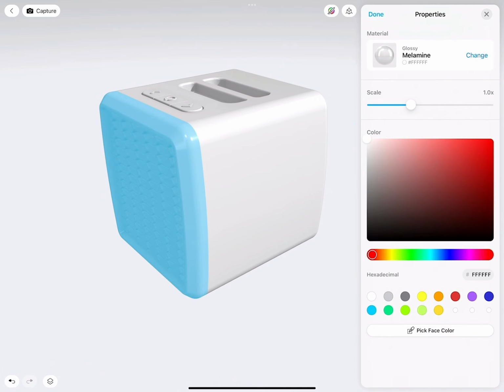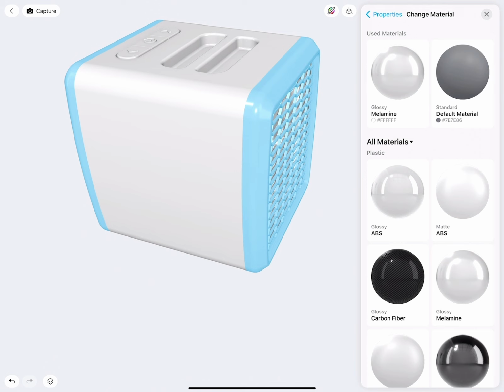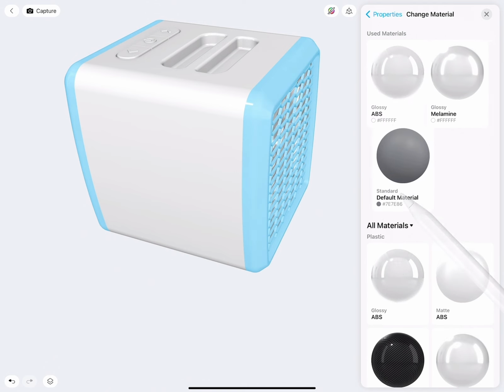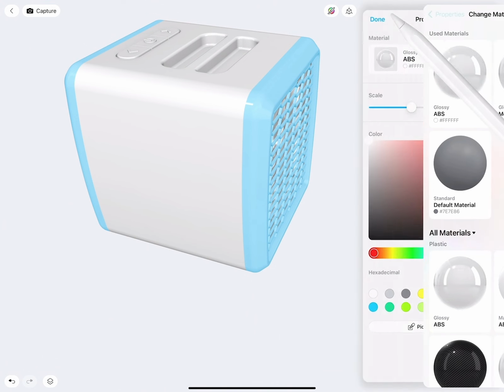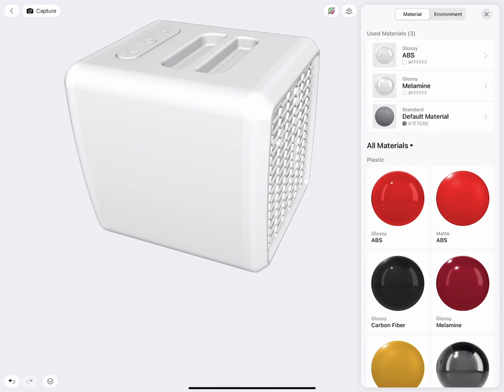This front part I would like to change, and the same also here with the back. So I will double tap both, go to change, and now I will set this to glossy ABS. Very good. Go back to properties. I can tap somewhere else, so nothing is selected.